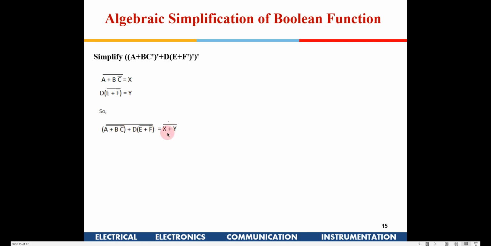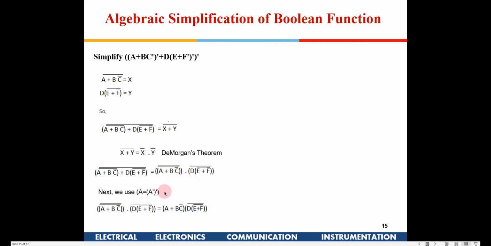If you represent it as X plus Y, the whole bar, then we know X or Y bar is X bar and Y bar. So if I do that, this OR has become AND here, and I put one more bar over this bar. These two bars are going to get cancelled with each other. In the other case they are not going to get cancelled, because this is another variable. This bar is not through and through, while this bar is through and through, so they get cancelled here.